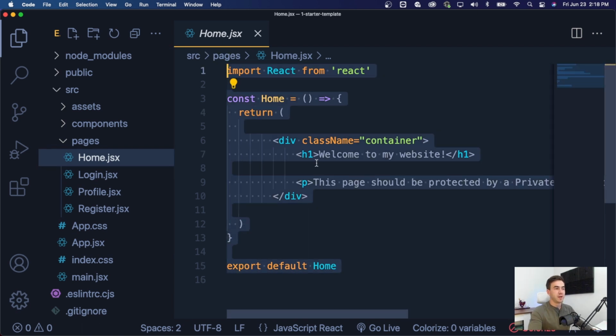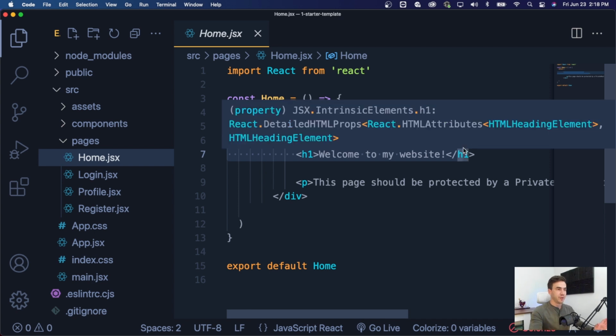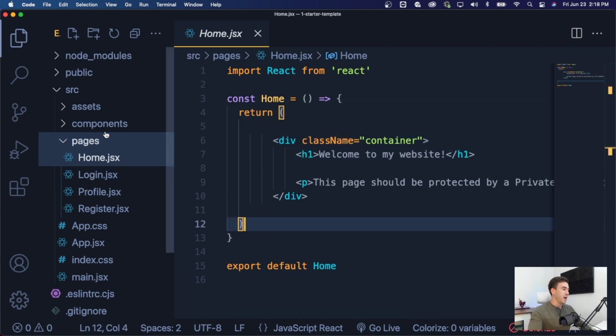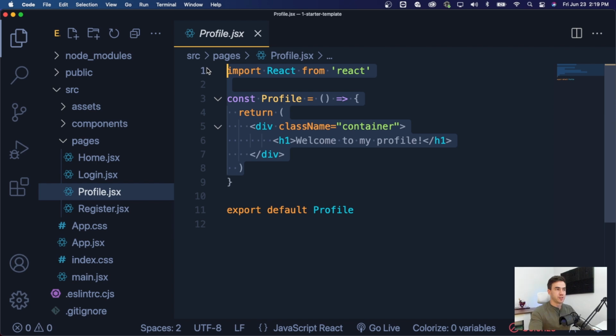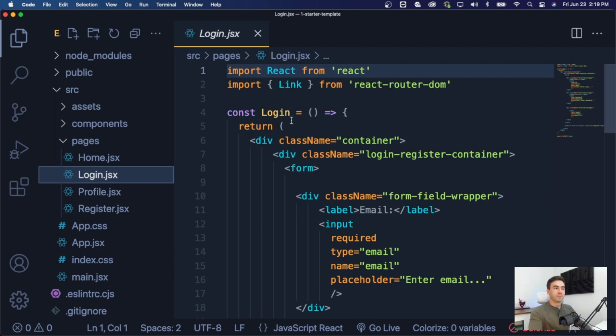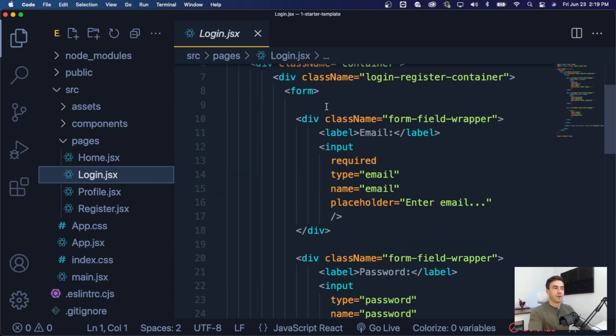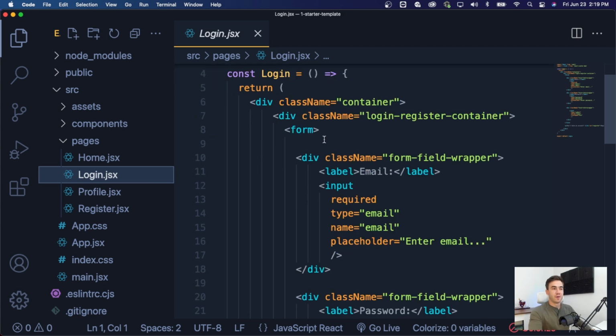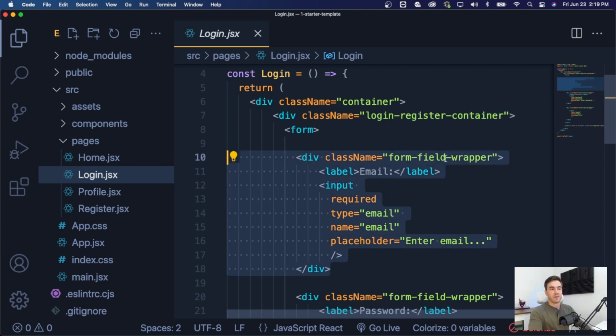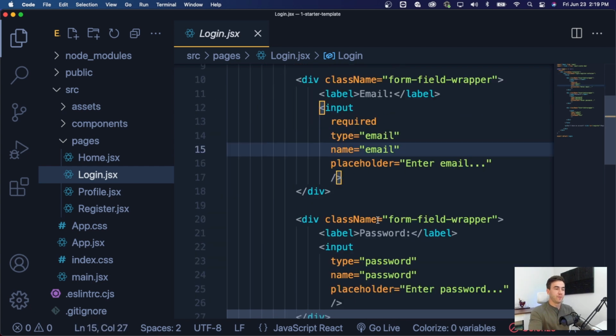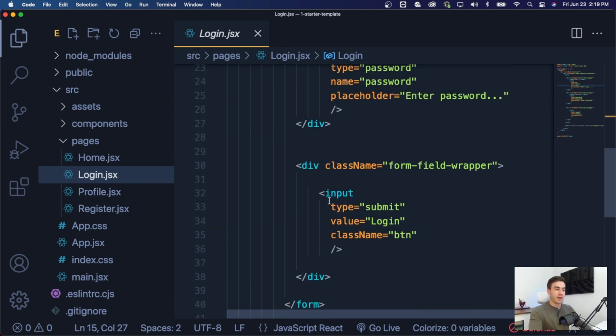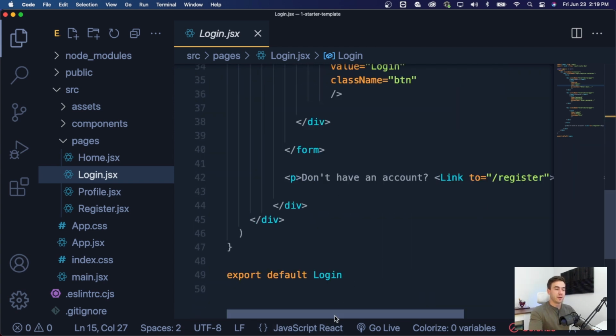We just have some text and the class of container, so you can even build this out from scratch if you wanted. Then we have our profile page, same thing, just a very simple arrow function component, and then our login page. So the login page here simply just has the form template. So we simply have a container for the entire page. We have a container for the form itself. And then we just have our two input fields, which are wrapped inside of this wrapper with a label. So we have the email field, the password field, and then the input button,